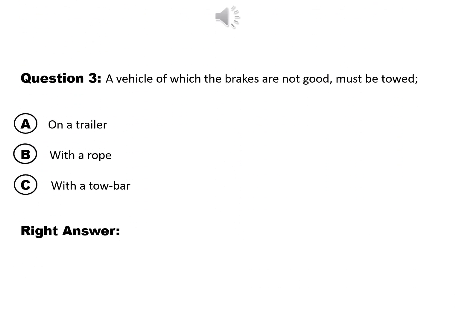So that's the process you're going to follow for the entire test. Read the question, choose the answer, check the answer. If you've chosen the correct answer, move to the next question. If you have chosen the incorrect option,